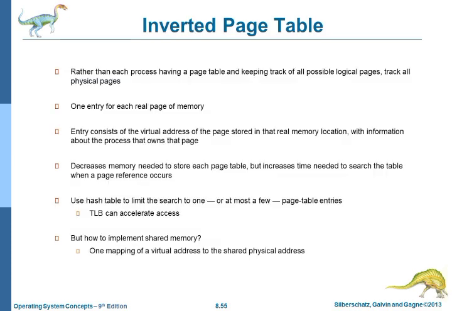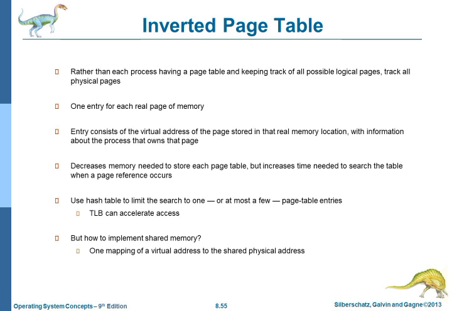Inverted page table. Rather than each process having a page table and keeping track of all possible logical pages, track all physical pages. One entry for each real page of memory. Each entry consists of the virtual address of the page stored in that real memory location, with information about the process that owns that page. It decreases the memory needed to store each page table, but increases the time needed to search the table